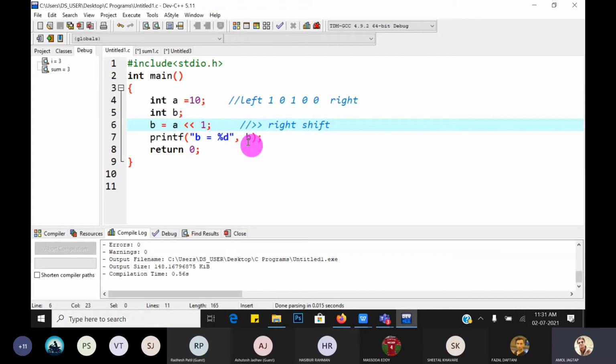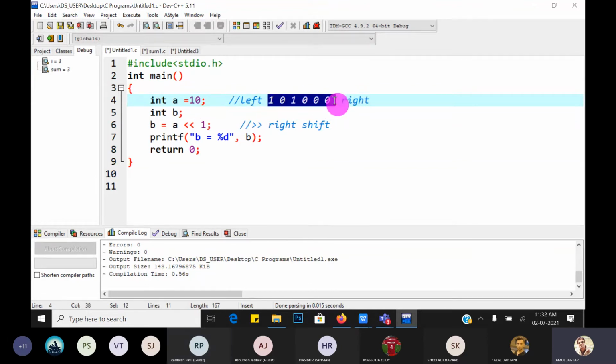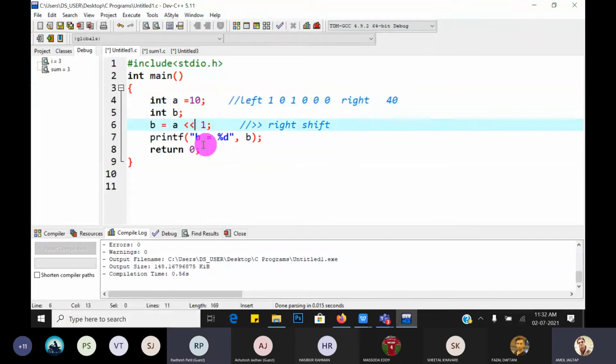If it is left shift, then it increases the value of A by 2 times. Whenever we add a 0 at the right, like 1010 becoming 10100, it is shifted to the left. So what does the value become now? 40. Check it. Its decimal representation is 40. That means if you shift it by 1 bit, again 1 bit like this, then its value gets doubled.